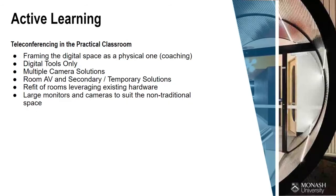We had a lot of room AV in place that was not suited to deployment on Zoom, and so we made a lot of temporary solutions, some of the things I've already talked about, and then eventually worked with our IT department to develop new ways to leverage existing equipment for a rich Zoom experience. We have a few facilities that are dedicated to live stream video and live stream teaching, but being that we had to achieve that similar end in almost every teaching space on campus, that needed to be an improvised and refit